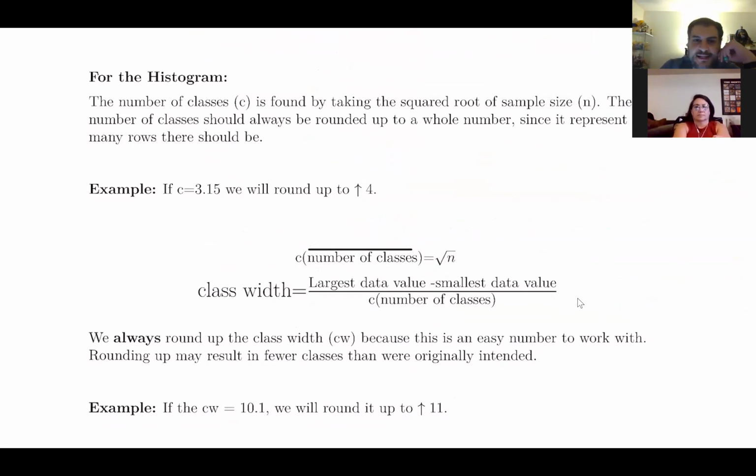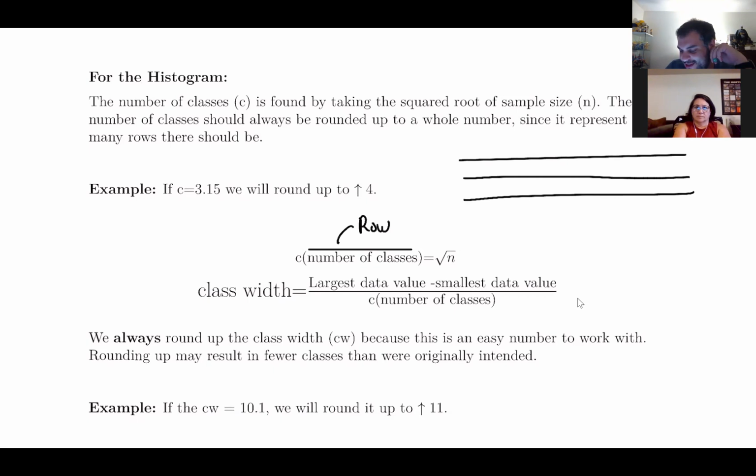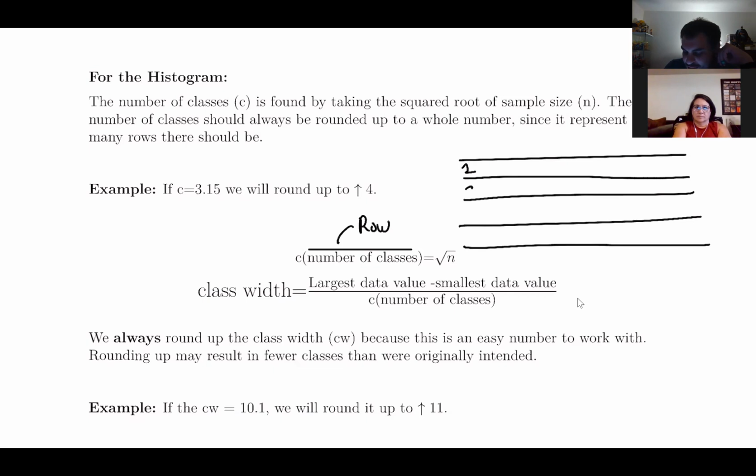So number of classes just represents how many rows we should have. This is gonna tell me the max amount of rows that I should have, but it's not always gonna be that amount. It might be a little bit shorter than that, but it should be somewhere around that. If it's not that value, it should be one less than that. In case you're wondering what's a row, it's pretty much just this. So it's telling us if we should have 1 row, 2 rows, 3 rows, or 4 rows, and so forth.